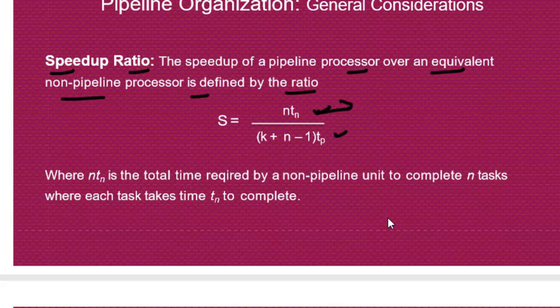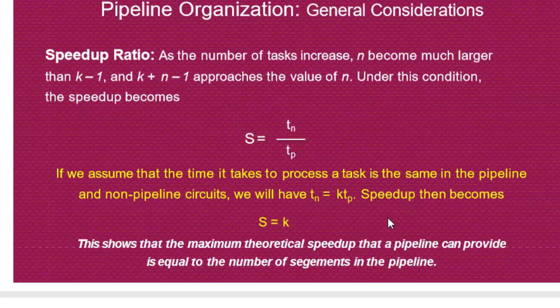This is the speed up of the non-pipeline system and this is the speed up of the pipeline system, where n into tn is the total time required by a non-pipeline unit to complete n tasks. Next, this is the speed up ratio as the number of tasks increases, that means when n becomes larger than k minus 1 and k plus n minus 1 approaches the value of